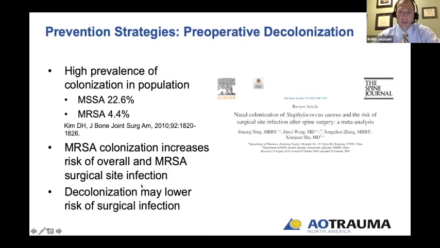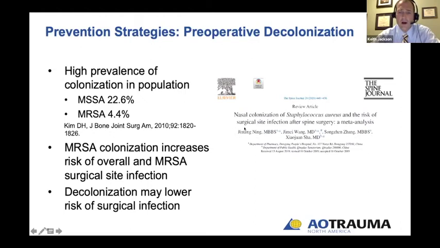Preoperative decolonization is another frequently employed method of preventing infection. We do this because staph species are the most common culprits for these postoperative infections, and they're also frequently found in the population that's getting ready to undergo elective orthopedic or neurosurgical procedures, with about 4.4% of people being carriers of MRSA